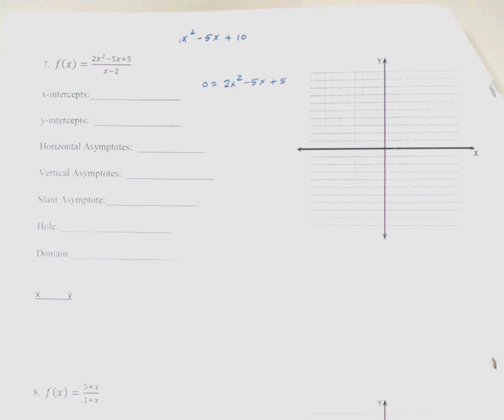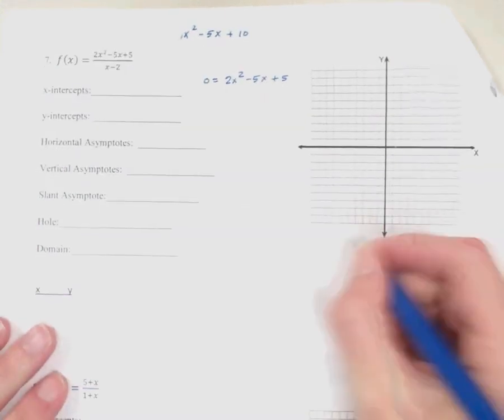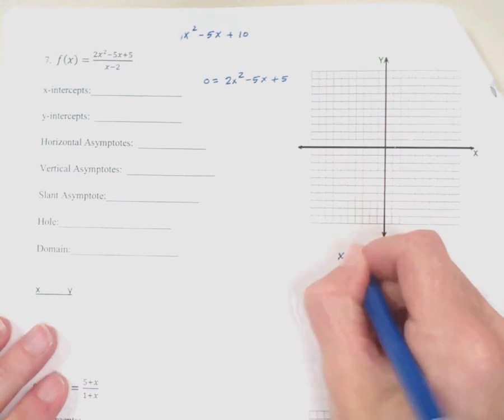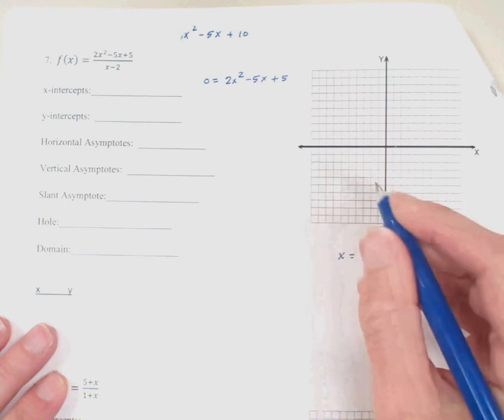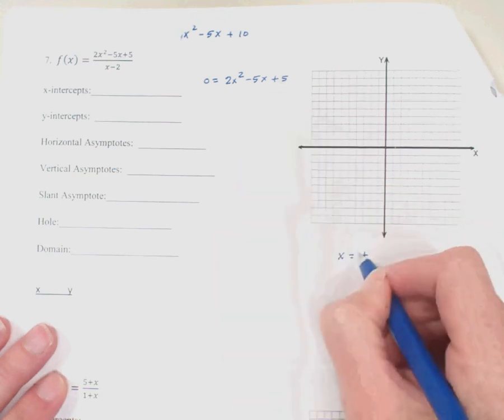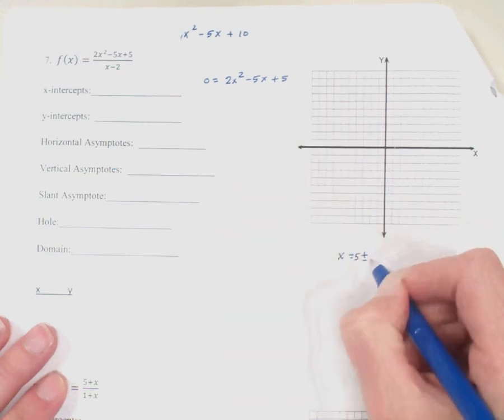Since it cannot be factored, I need to double check and see if I can get a value using the quadratic equation and see if it's just an irrational x value. So I have x equals plus or minus, the opposite of negative 5 is 5. So we have 5 plus or minus